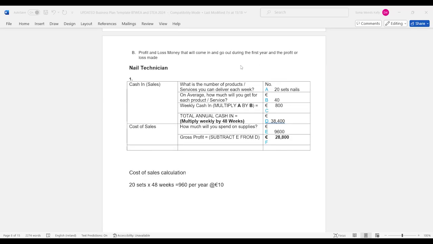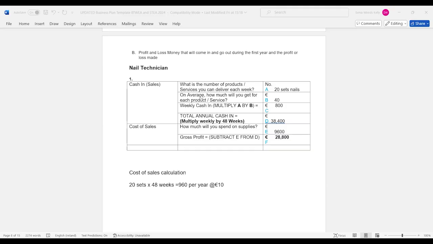So I'm going to work with three different scenarios here, with a mixture of people or businesses selling products and businesses selling services. The first one I'm going to do is just an example of a nail technician. Under the marketing section, we would have put in that each set of nails is going to cost 40 euros. What you need to do here is predict the number of products or services you're going